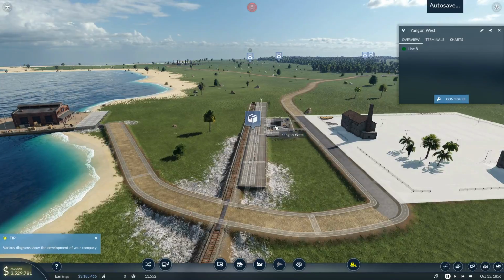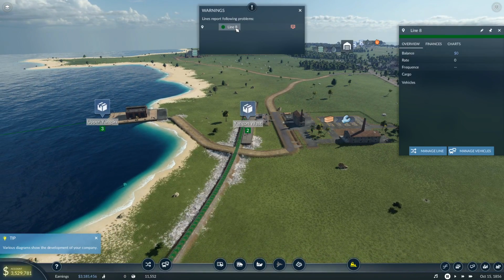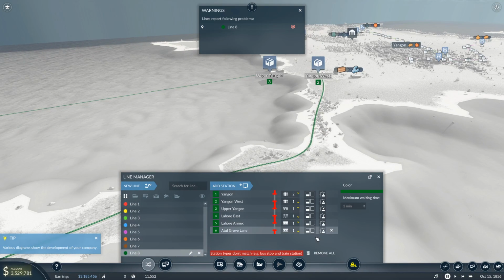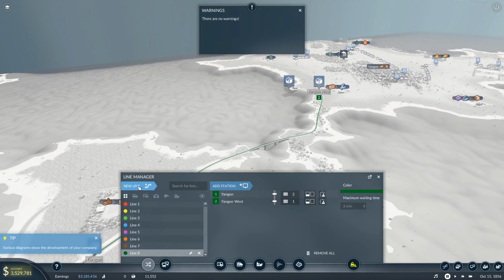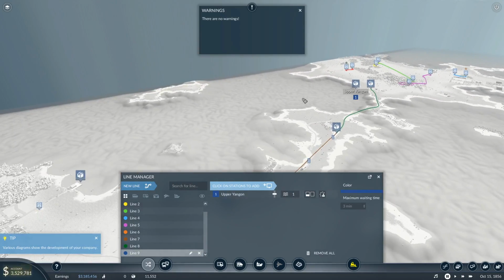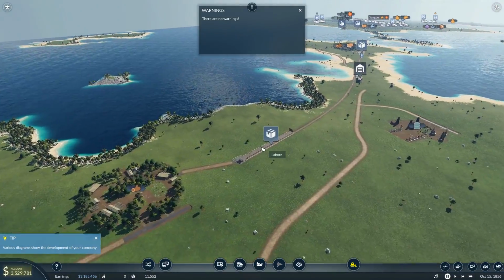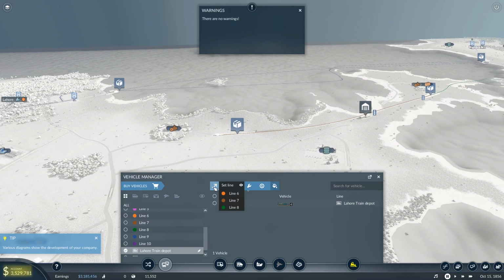You're a passenger terminal? You're a freight terminal. Hold on. Line 8. Oh, I didn't do a new... Yeah. No. Yeah, no. Delete, delete. Now you go there. And you go there. And... Alright, so let's put all the things in for this one. So the train that's in here, you are going to...